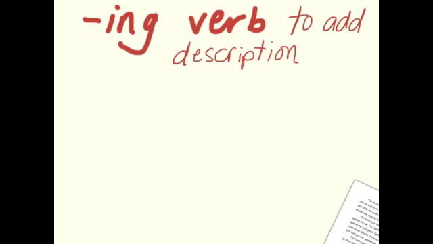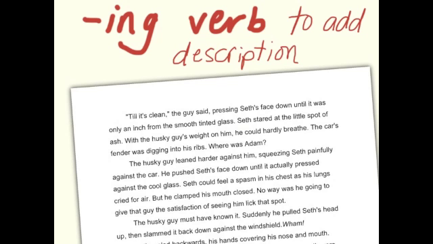Another writing technique I notice authors using is writing a verb that ends with ing, so you can add description to it. Take a look at this part of On the Bridge. The big guys in the car have pulled up behind Adam and Seth, and they've taken Seth and thrown him up against the hood of the car, pressed his face to the windshield, and now one of the guys says, "Lick it till it's clean."